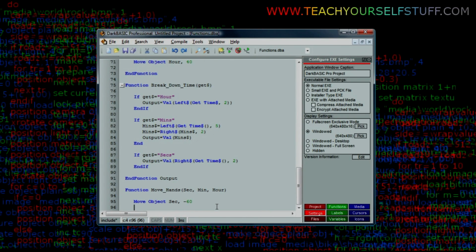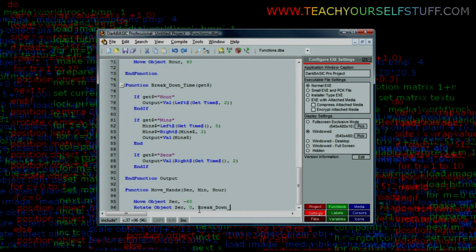So I am going to mix in a Euler angle here with rotate object sec, and we want to rotate it along the y-axis. So 0. So yes, rotate object sec, that's the object number, 0 degrees, and we actually want to retrieve break